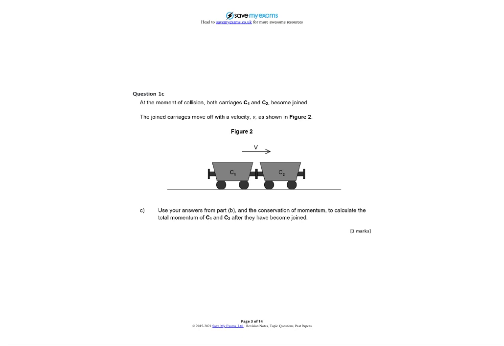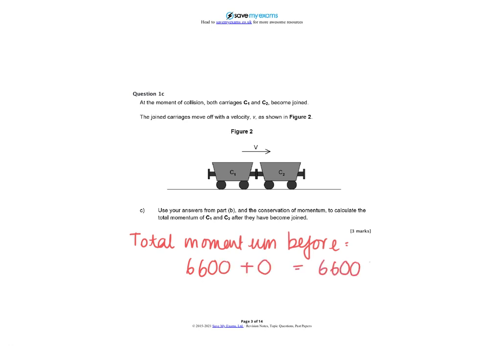Question 1c. At the moment of collision, they become joined and they move off with a velocity v. Use your answers from part B and the conservation of momentum to calculate the total momentum after they have become joined. Even though it's just 3 marks, you are just stating something really basic here. So if we do our momentum before, that is going to equal the 6,600 that we just worked out plus 0. So our total momentum before is this,